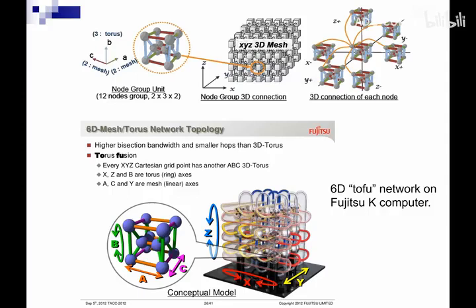So we can even take this mesh concept farther. There is this computer built by Fujitsu called the K computer, and what they have is this network called the TOFU network. This actually stands for Torus Fusion. This is basically a 6D grid. The way they get a 6D grid, even though we live in 3D space, is that they construct this topology hierarchically, where at the high level we have a 3-dimensional grid like this in the x,